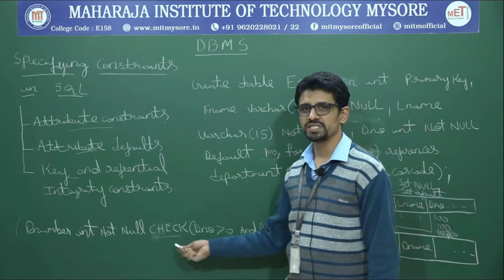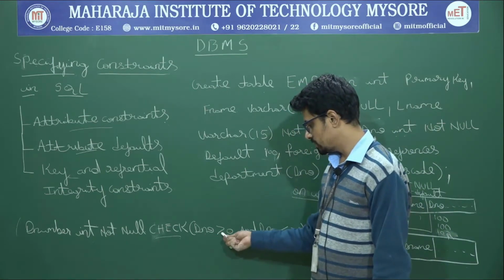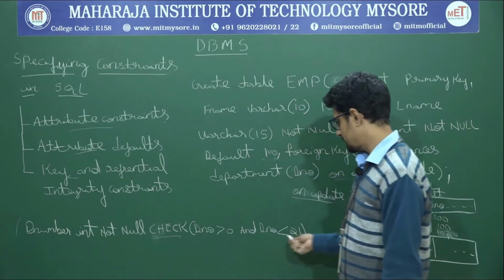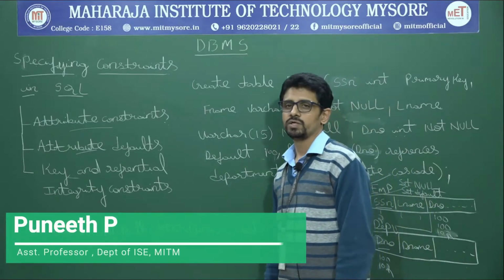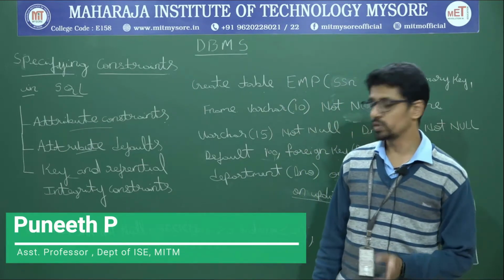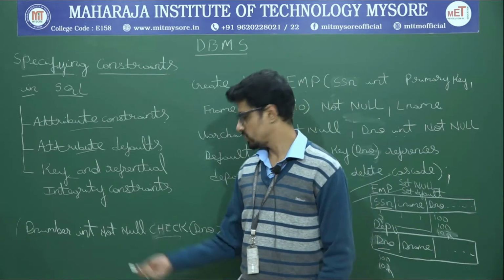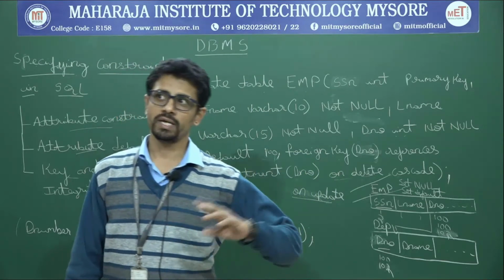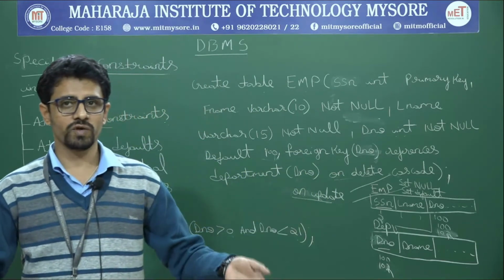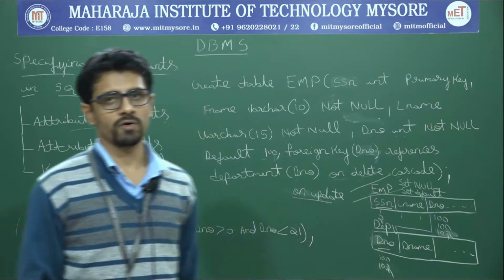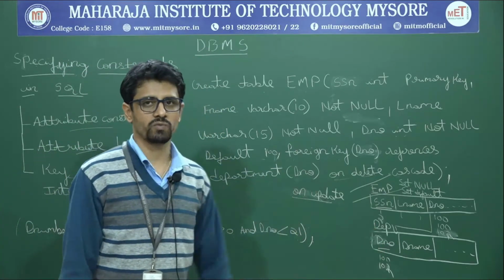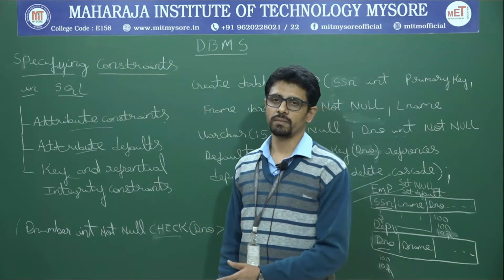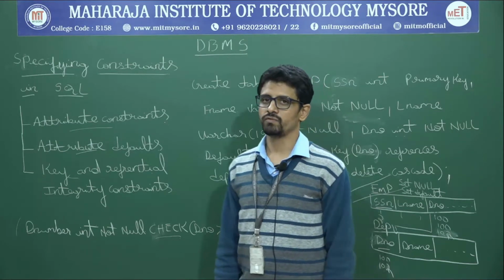What I am specifying as a condition here is department number should be greater than 0, what you are going to insert for this while inserting the values, and department number should be less than 21. So it should be between 1 to 20. You can insert the values from 1 to 20 for this attribute of the department table. So you can restrict what type of values, also the range of values you need to insert for an attribute with the help of this check as well as the domains we just saw. Okay, so these are the few constraints of the create table command in order to create a table for a given schema.